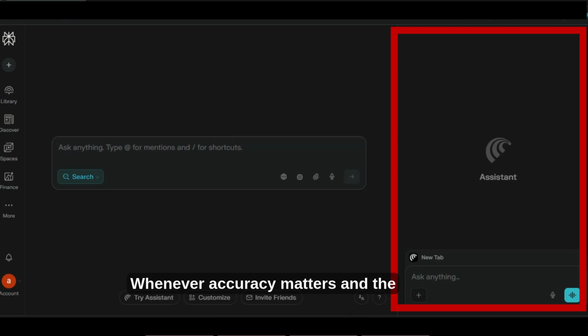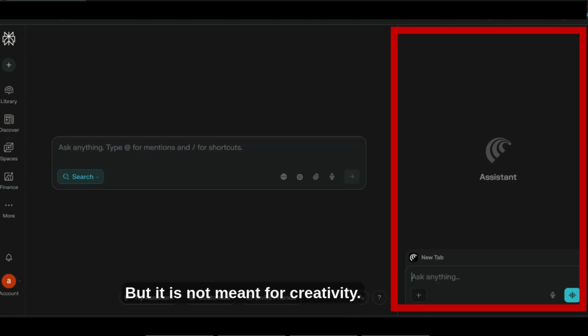Whenever accuracy matters and the information is already written somewhere online, browser mode is the smarter option. But it is not meant for creativity. If you try to write scripts, brainstorm ideas, or create engaging YouTube content in this mode, the results may feel robotic or dull. That's because browser mode focuses on reporting information, not on storytelling or content creation.